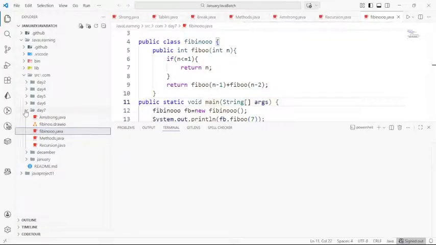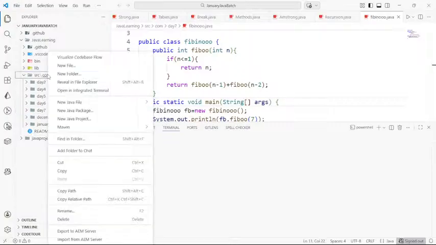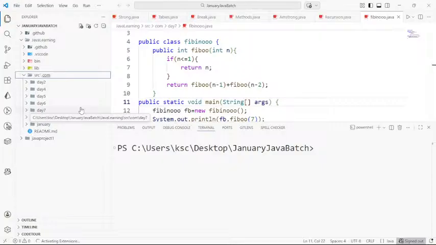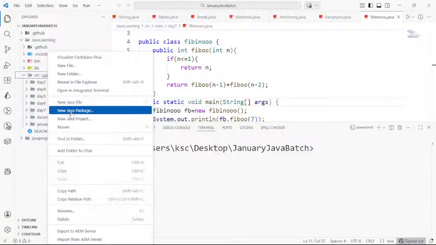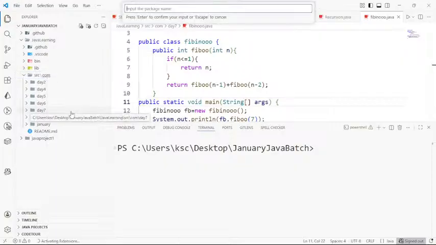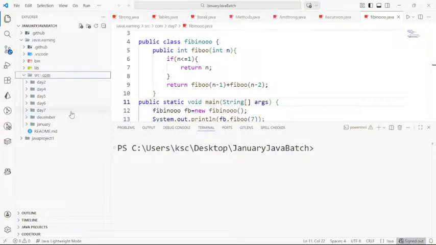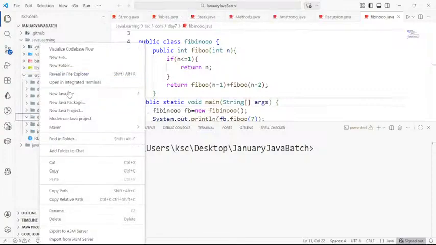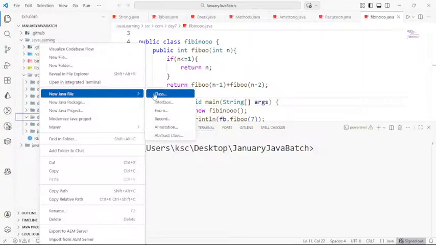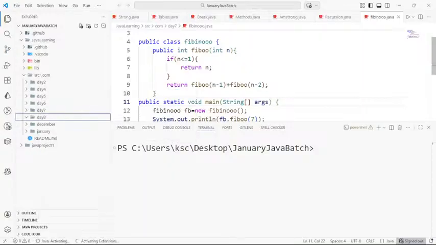I can create a new package for today. New Java package. My package name is day8. Under this package, I can create a class. My class name is